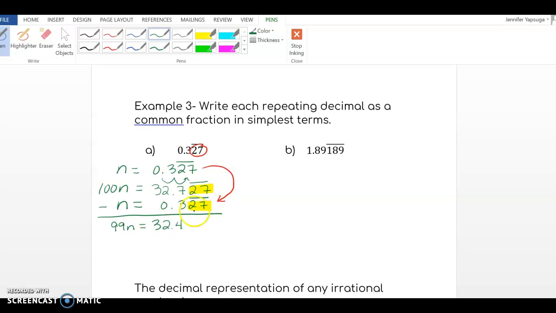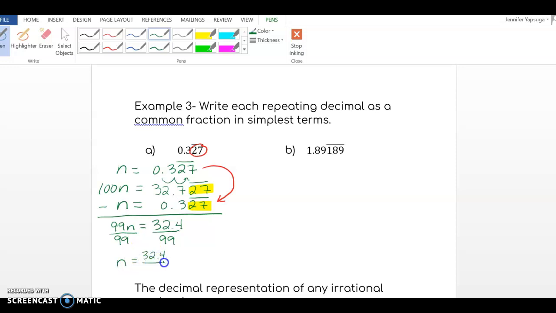So I've essentially eliminated those bars, and this is where I want to get because I'm trying to write it as a fraction. All right, so let's solve for n. I'm going to divide both sides by 99, and I get n is equal to